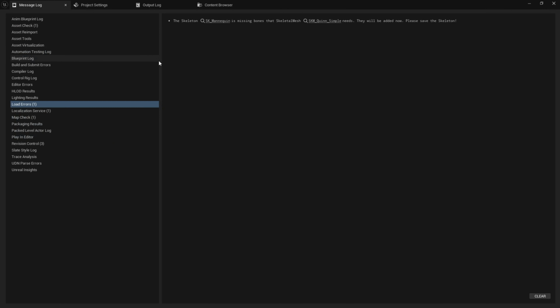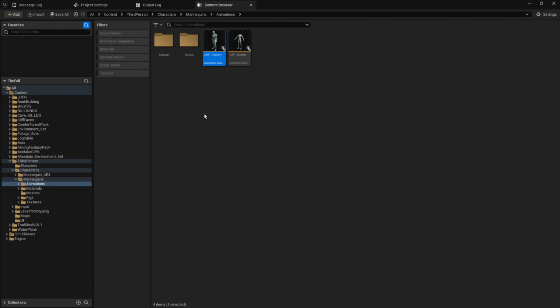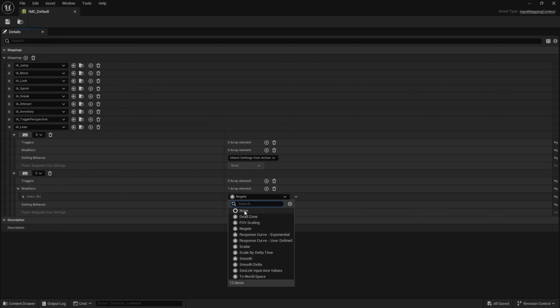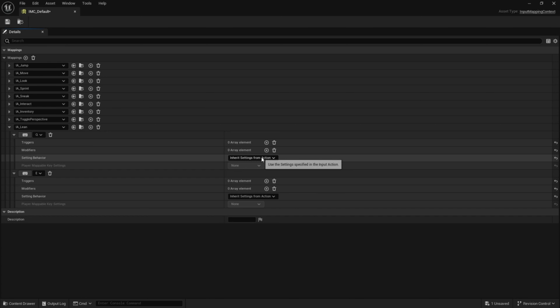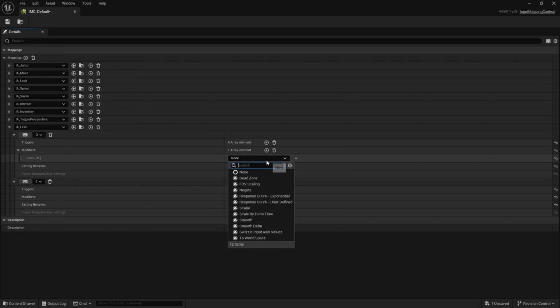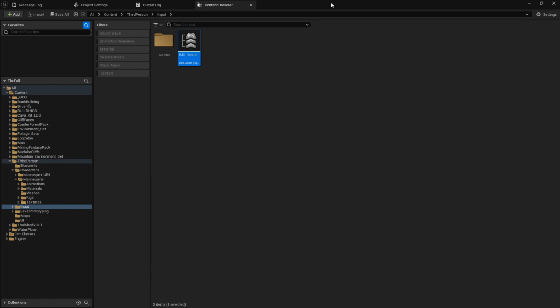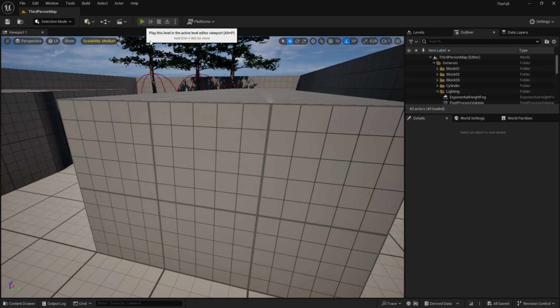Let's close out of this and let's quickly fix those left and right values. So default mapping. We don't want negate on E, we want negate on Q, or left. So let's do that. Compile and save. I'm going to move all of this out of the way. Now if we hit play,